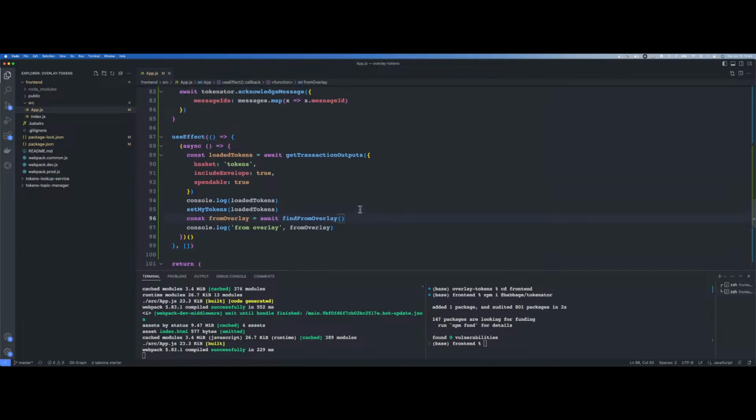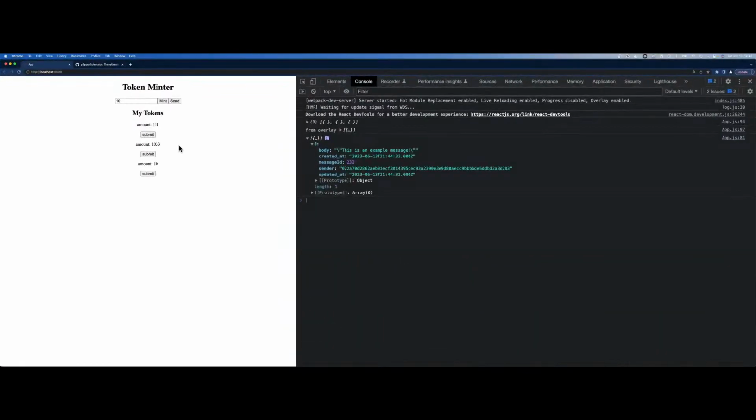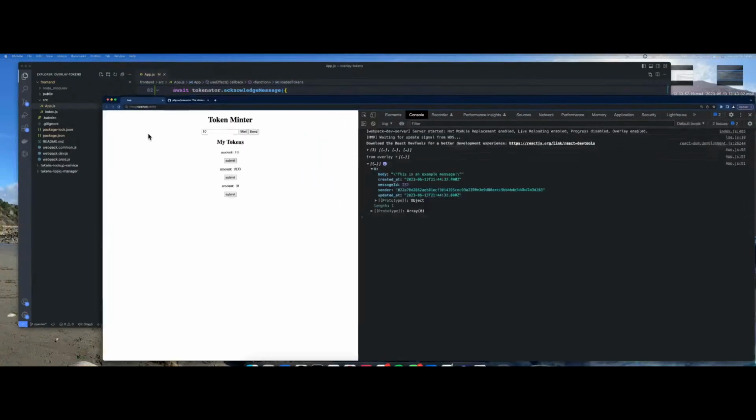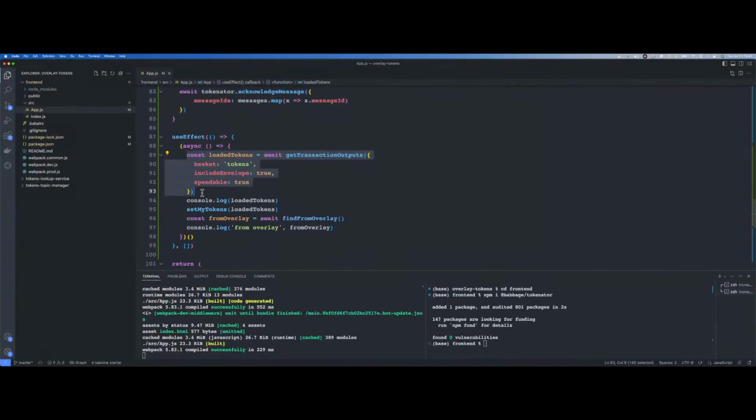But that's not really what we want to be doing. What we want to be doing is checking to see if I have any new tokens, right? So this basket stuff, we talked about baskets before. The reason why I kept that token in a basket before is so that when I issued it, it would get under the overlay. But now it's in the overlay, so I don't really care. I just need to make sure that